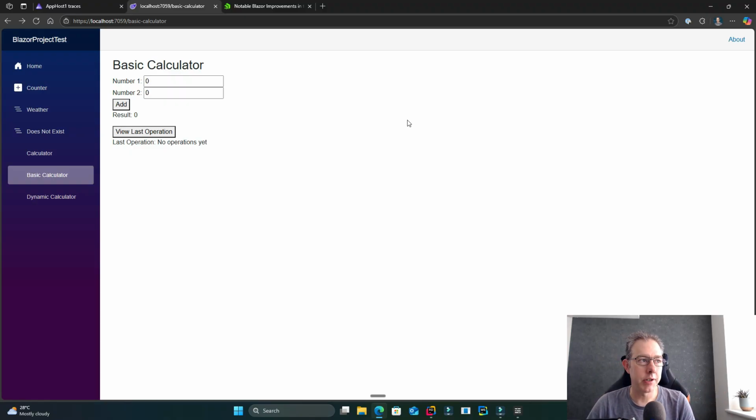Now there's a way around that, which is to use persistent state, where you can persist the state from the first render and then load that state in the second render. The way that works is it embeds the state, and depending on whether you're Blazor server or WebAssembly, it's a slightly different mechanism. But essentially, when it's pre-rendered, it takes the data that it used to do that pre-render, serializes it, and passes it along to the other renderer, which will be Blazor server or Blazor WebAssembly, and then that just takes that state and synchronizes it, so it doesn't need to re-render and doesn't need to fetch more data and do a second fetch. So it's a good efficiency